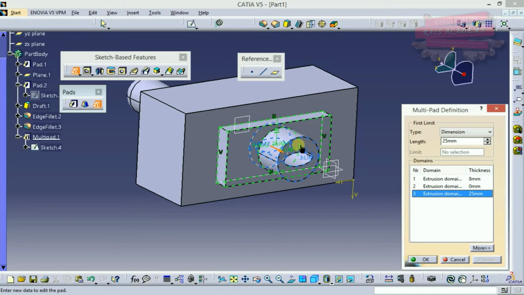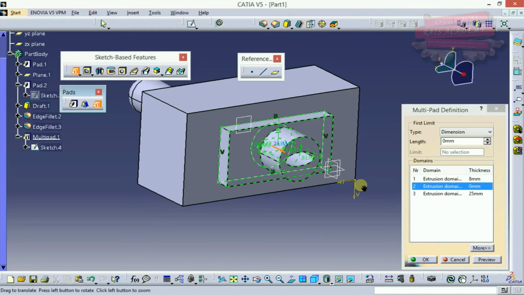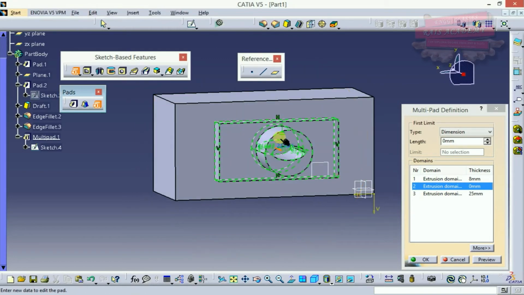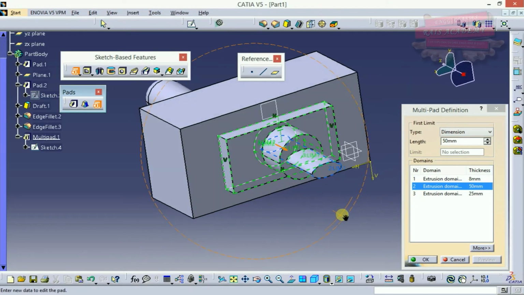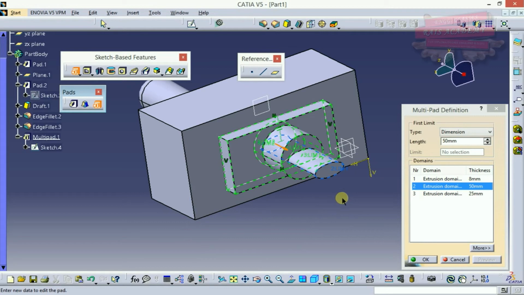Okay, now only the circular part is extruded. Now if I want to extrude the third part, which is the ellipse, okay, I'll select it and I'll give it an extrusion of 50. Preview.